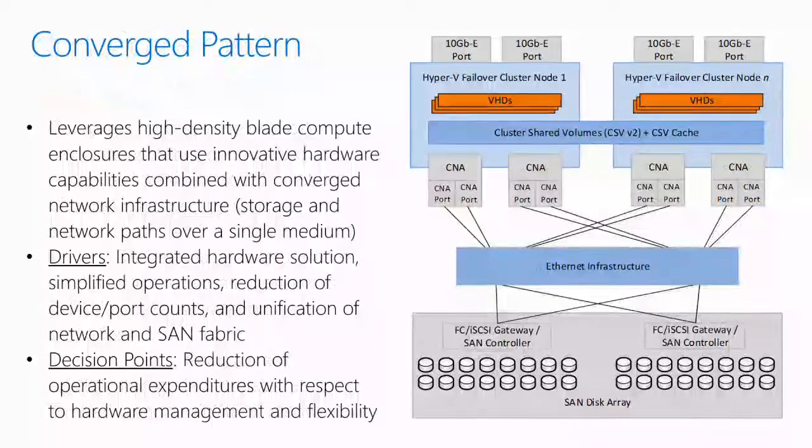Where the market's kind of shifting to is this converged architecture. This is high-density blade systems that we would pull together, and you're using a converged network architecture, or CNA, to be able to run all of your storage traffic and all of your networking traffic over a single pipe using QoS. So a lot of these technologies are things like Fibre Channel over Ethernet, and there's a lot of different names that OEMs will have for the types of storage interconnects that they have. But it's a reduction of complexity. It's a capital investment. These tend to be a little bit more expensive,